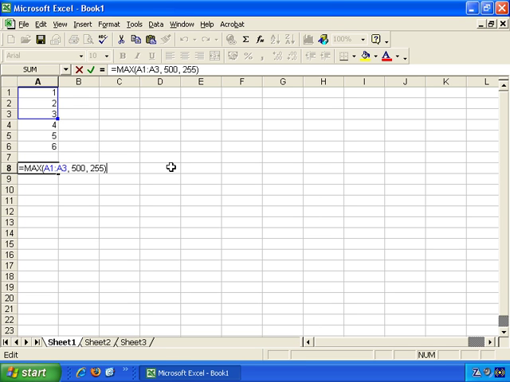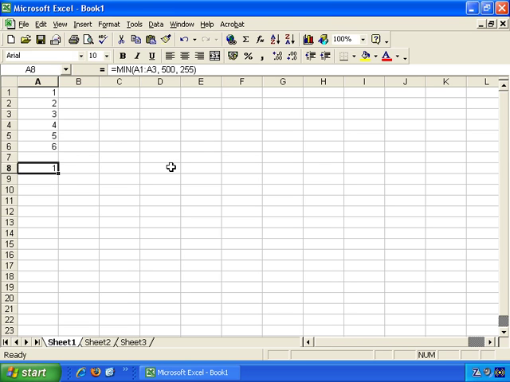And actually related to this, or very related to this, there's the min function. Just type equals min, and OK, now press Enter. And now the lowest value, the minimum value, is 1. So it works just the same as the max function, but obviously it's looking at the other end of the scale. And the syntax is exactly the same. You can include selections, you can include numbers, you can include single cells,